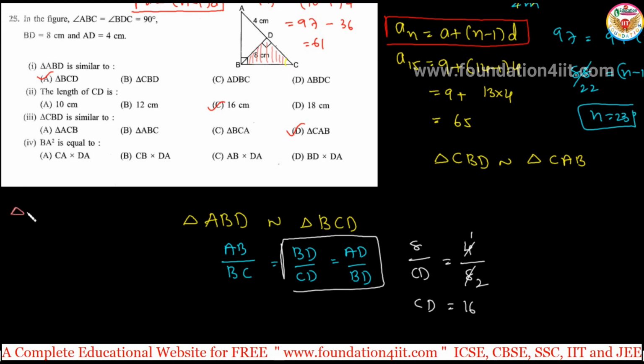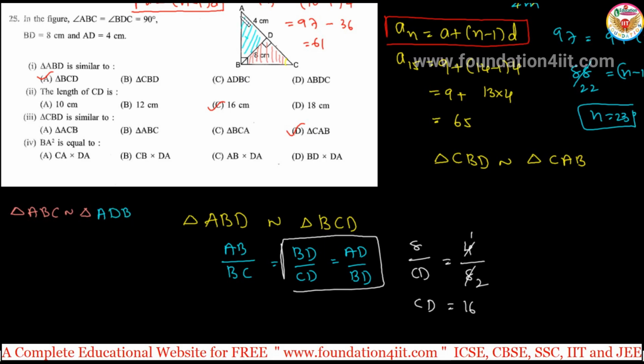This triangle ABC, the bigger triangle, is similar to this triangle. These two triangles are similar, but writing the position, it is triangle ADB, because in ABC, AC is the hypotenuse. So the first and third letters in ADB, AB is the hypotenuse. First and third letters, and B is at 90 degrees, and the middle D is also at 90 degrees. The starting letter is the same again, matching. Which angle is the same? That should match.